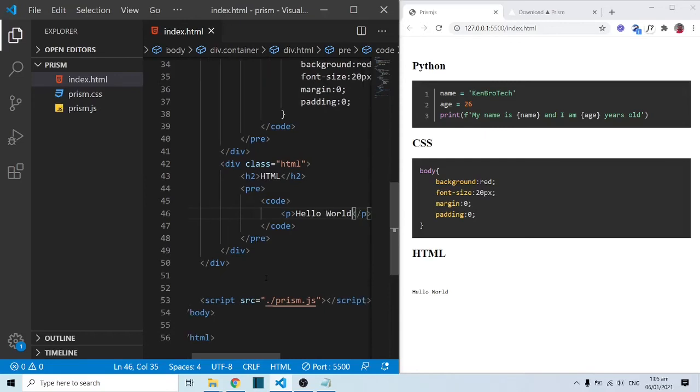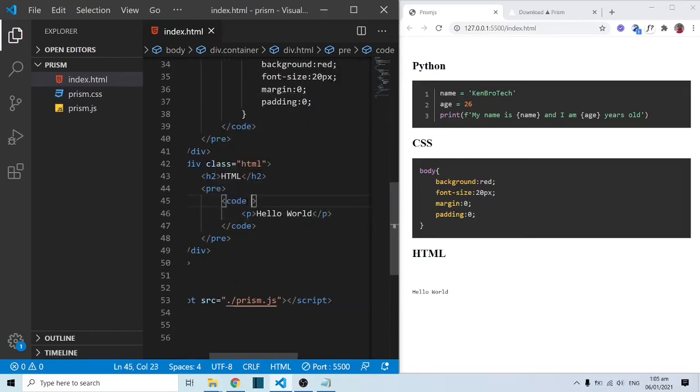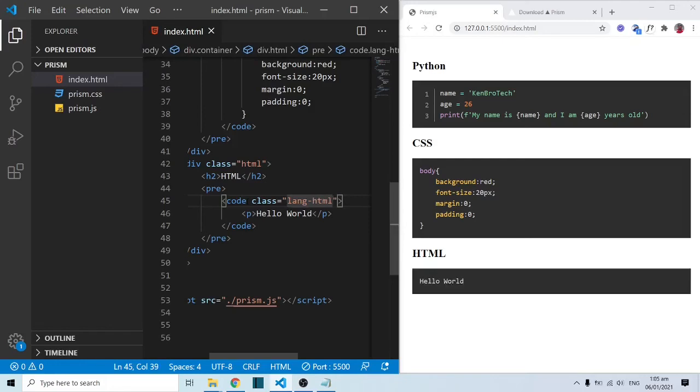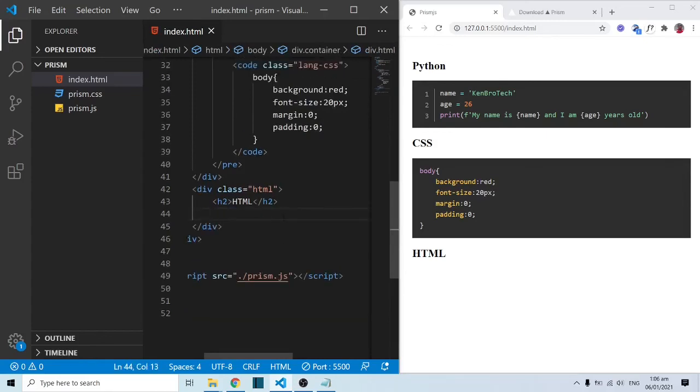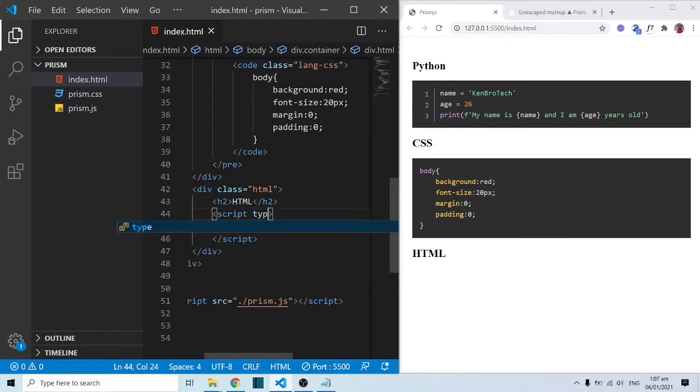Now when we do hello world like this, what we are quite used to is to come and do, let's say for instance, a class, and we do lang, and we do HTML. Now it's not going to work out this way because we're only seeing the text, but we want the markup itself. For instance, we want to see the p opening and closing tag like we have over here. So in order to do this for HTML, we are not going to use the pre tag, but a script tag. Within the script tag, I'm going to have a type, and inside here I'm going to do